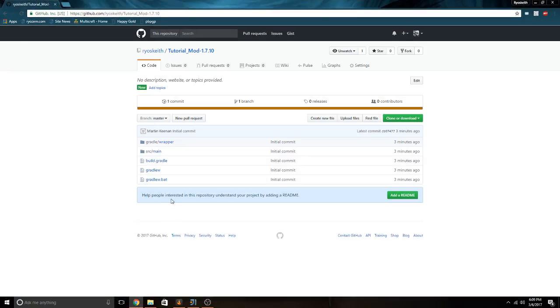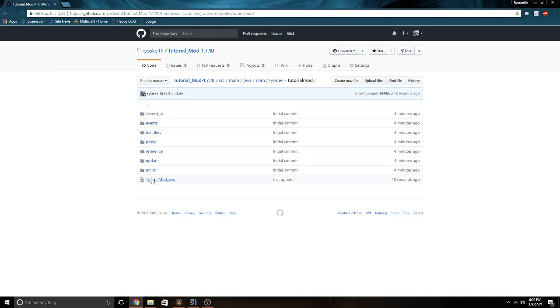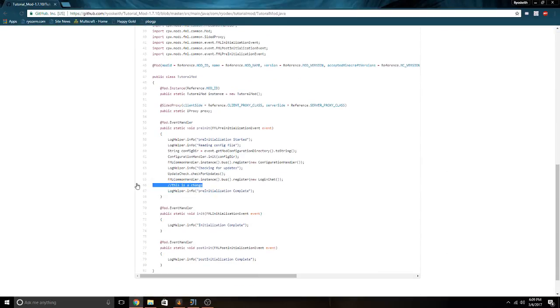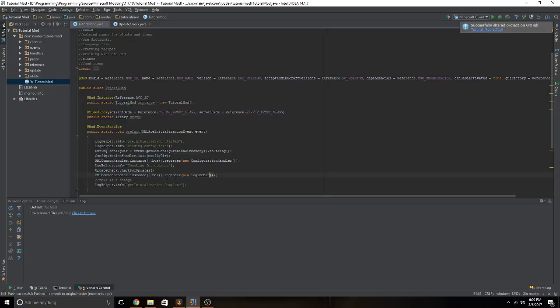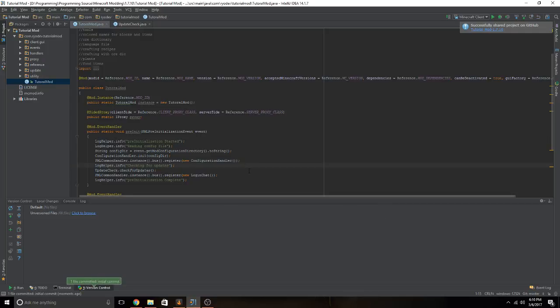So if I come up here and refresh this, 13 seconds ago, test update. Source. We can go into tutorial mod here, and we should see a comment here. This is a change. So now if we wanted to fix that again, I can come down here, just get rid of this because I don't need this. And from here I can go and push that again, and we'll do initial commit. We'll commit that. In order to push it, we would actually have to go to VCS,